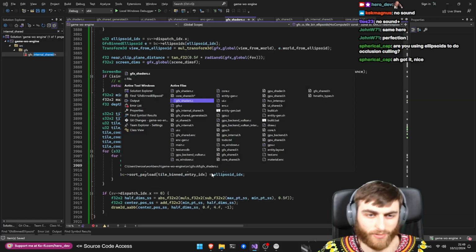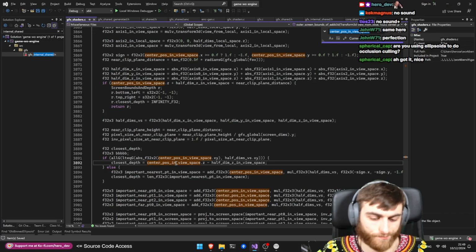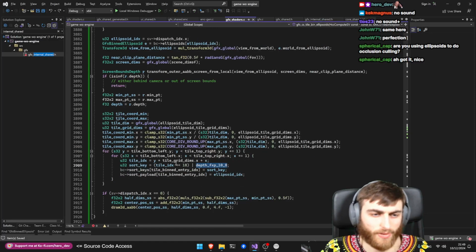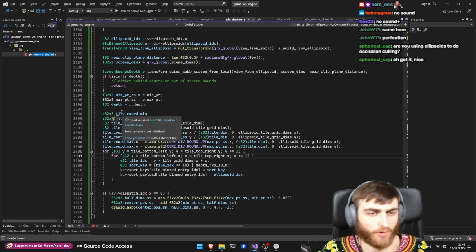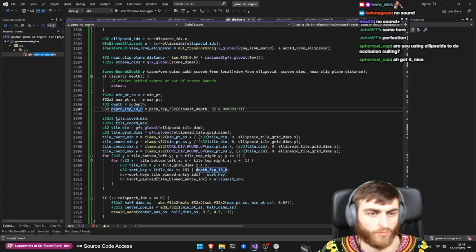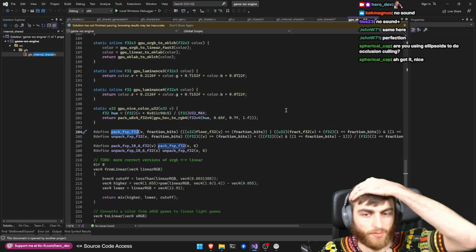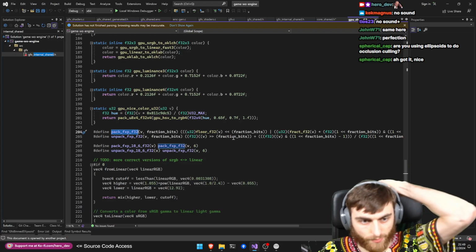Now, I need to actually calculate that. I think I have this function in this code base. I think I carried it over. Yeah, I do. It's a little macro that I use to basically pack and unpack fixed point numbers with whatever